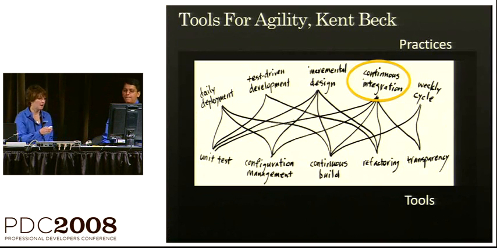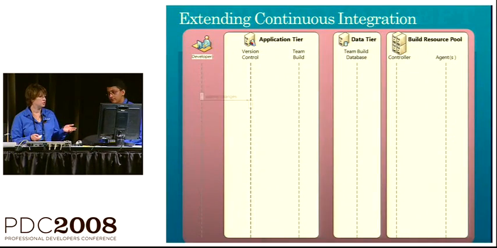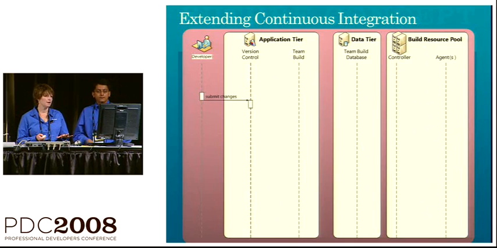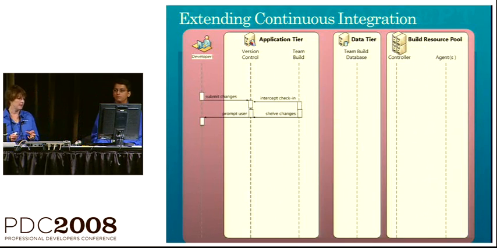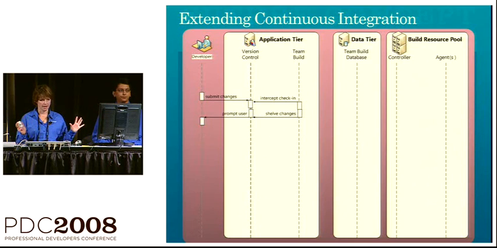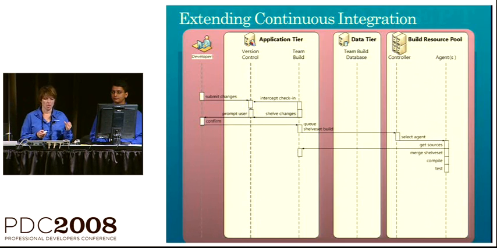All right, so Cinder just showed us, he checked in his code, and what we're doing behind the scenes is we're intercepting that check-in and taking a shelf set, and then you see the dialogue that he showed you saying, hey, this is a gated check-in, we need to validate this before it goes through. We then queue up a build of that shelf set,